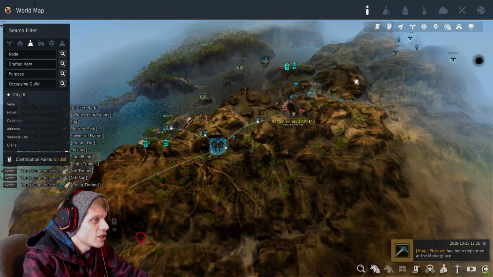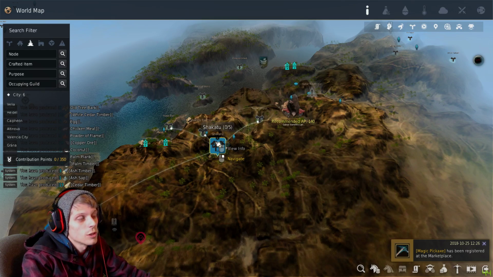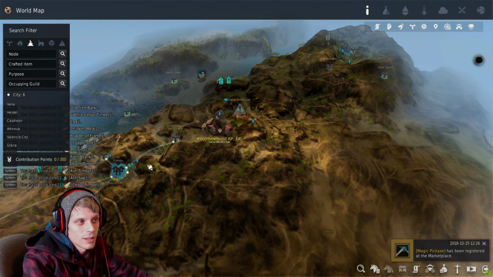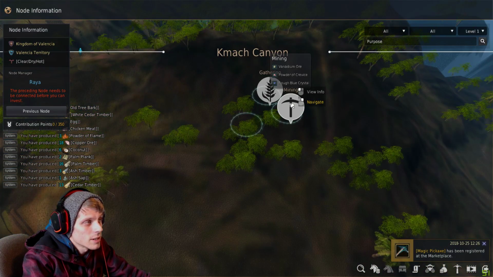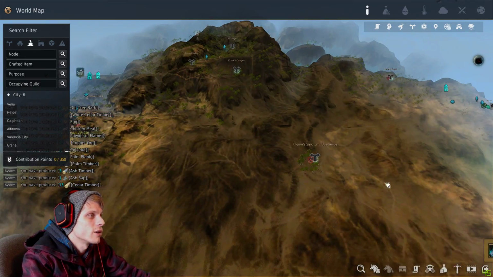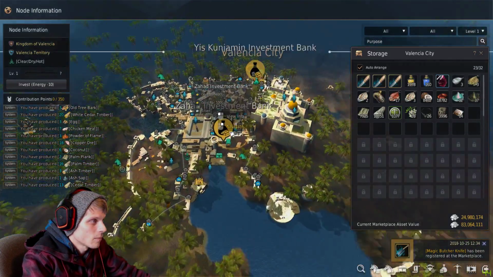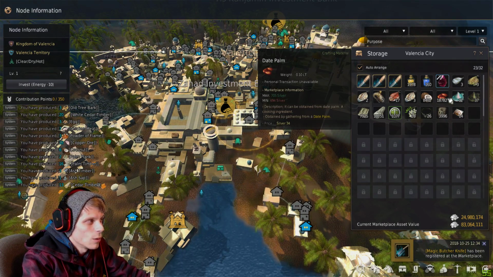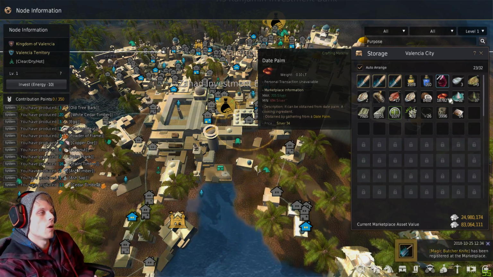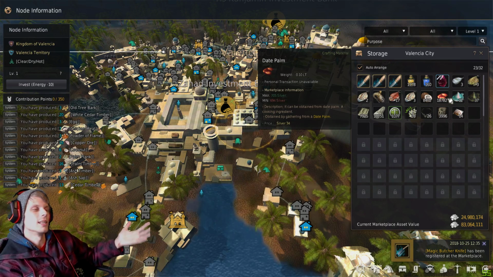Over here in Shakatu, I don't have anything. However, occasionally I'll switch my CP around and I'll get the Vanadium ore, but it's not really recommended. It's like 8 CP or something like that right here, and I'll use that for money crates later. Down here in Valencia, I'll kind of alternate. I was getting Day Palm, but I'm not really trying to push Guru 20, so